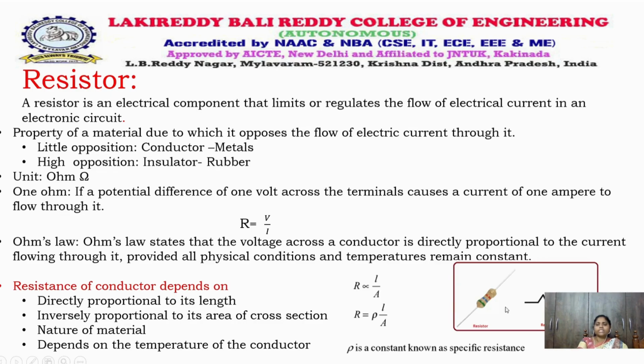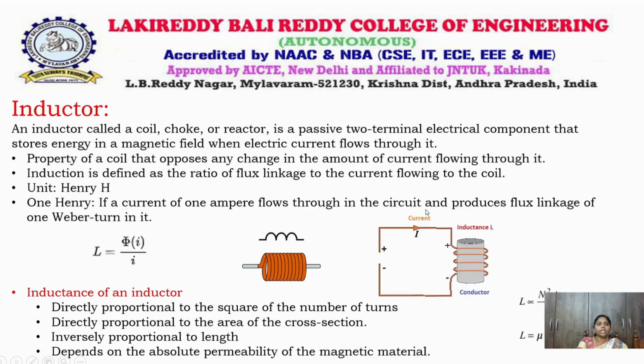Directly you can find out the value of a resistor by using color coding. So this is about the resistor. Next, coming to the inductor, which is also one of the basic elements in a circuit. An inductor, also called a coil, choke, or reactor, is a passive two-terminal electrical component that stores energy in a magnetic field when electric current flows through it. The property of the coil that opposes any change in the amount